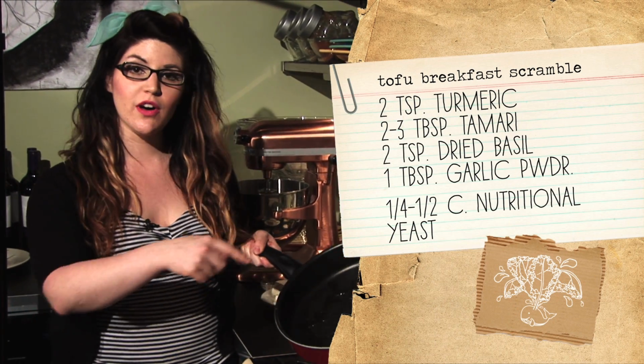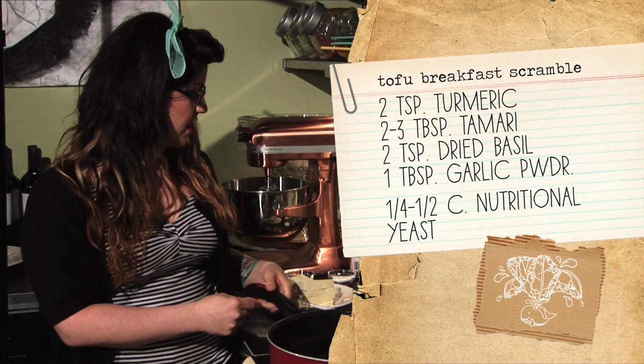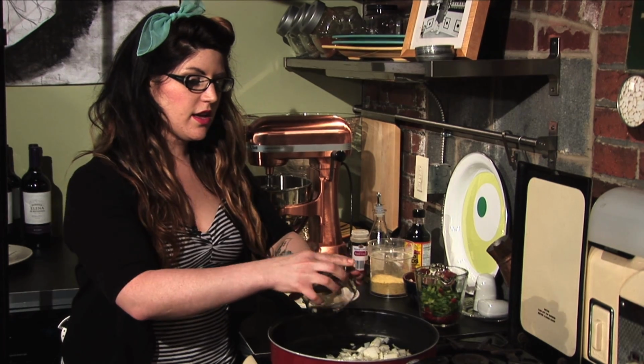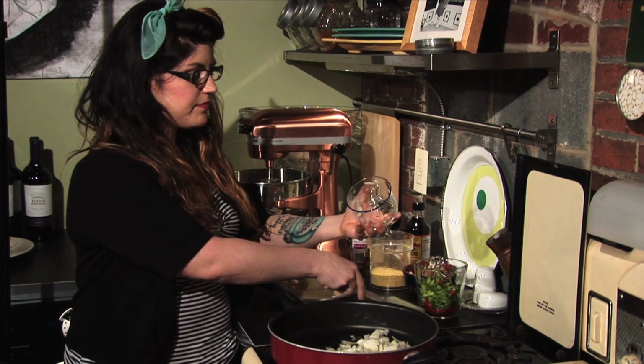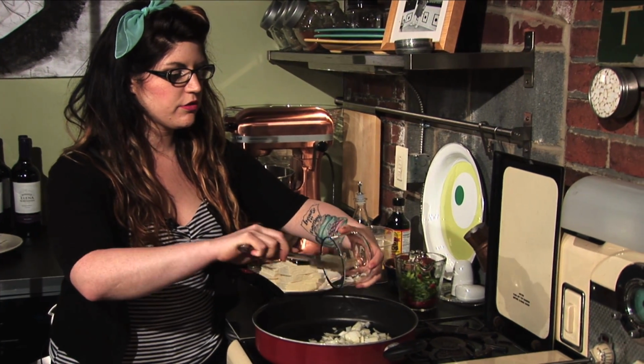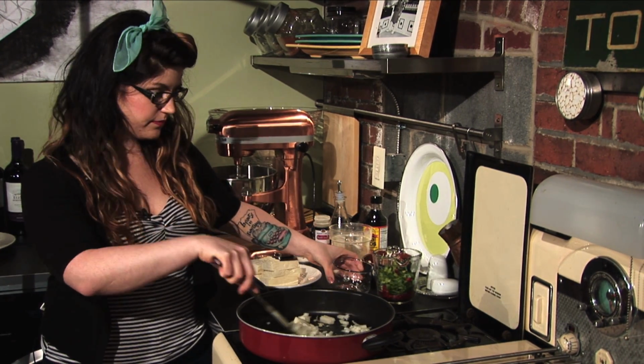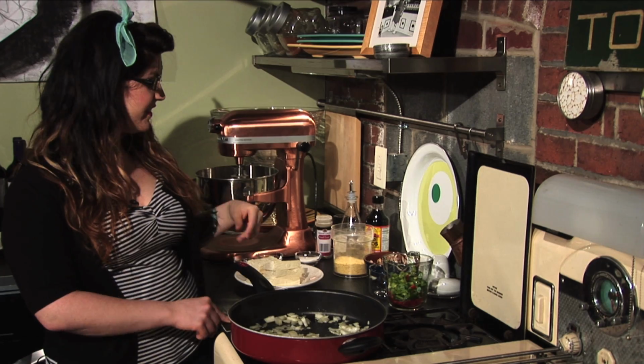So we put a little bit of olive oil in the pan. And now we're gonna add in first our chopped onion and let that saute a little bit. We're gonna let that go for about 3 minutes just to start turning a little translucent. All right,